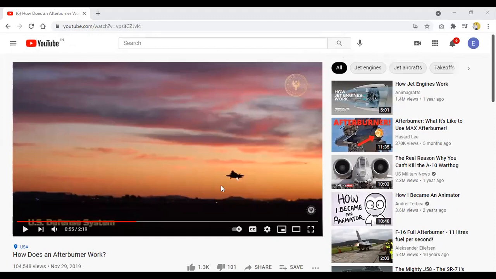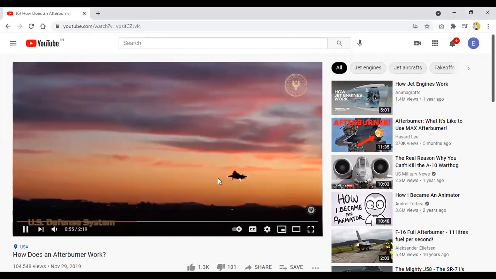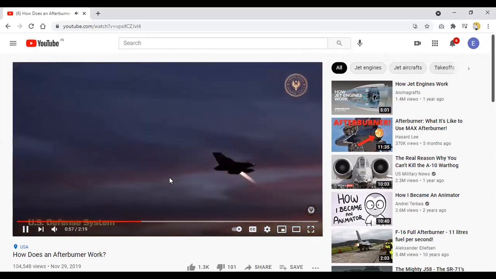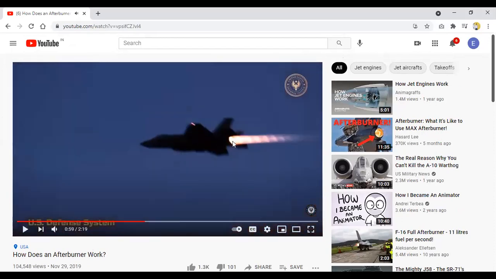This is the fighter aircraft. Now what happens? See, when this aircraft is moving forward, you can see that there is a jet behind this. Why is this jet seen? Because here in this section, your jet engine might be finishing. After this turbine, we have added the fuel, we have added the ignition, and this is burning and creating the flame. When the afterburner is in operation, you can most of the time see the flame behind.